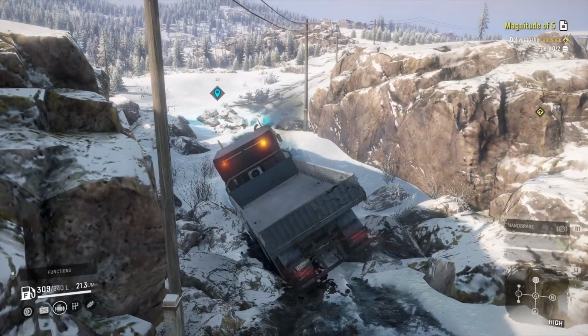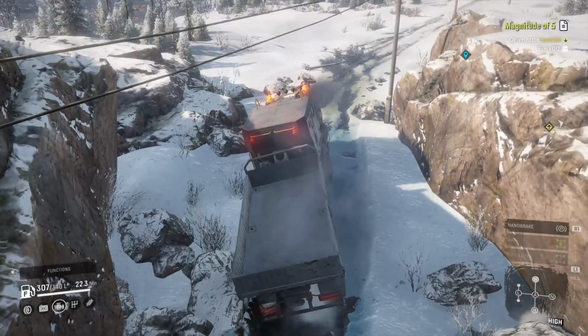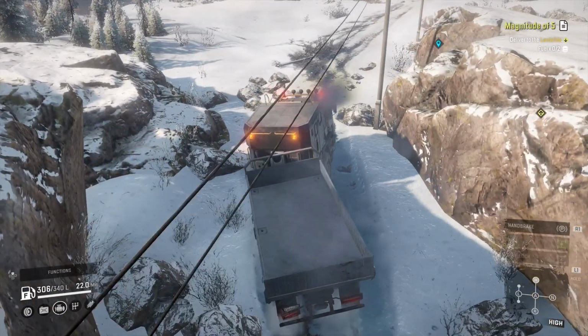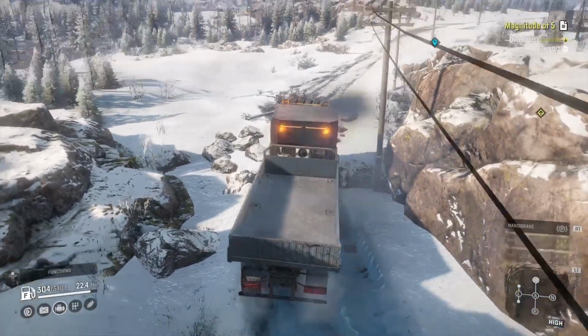It does tip more than the Cat 745C though. It certainly does tip a lot easier. This truck feels pretty narrow, but it's not really. I think it's just quite tall. But then that cab on the back,